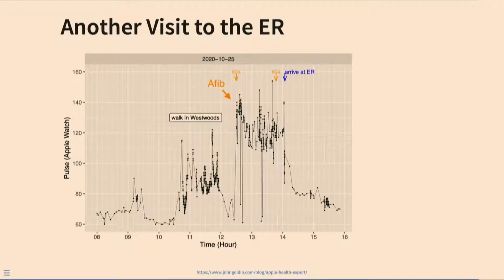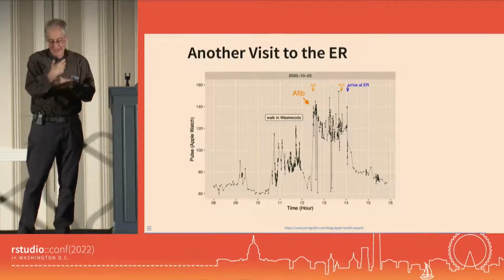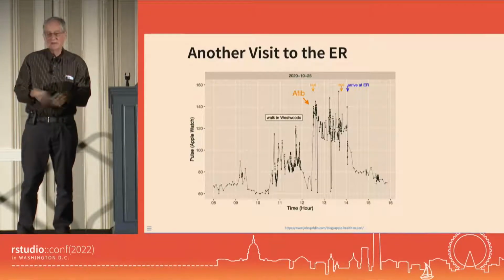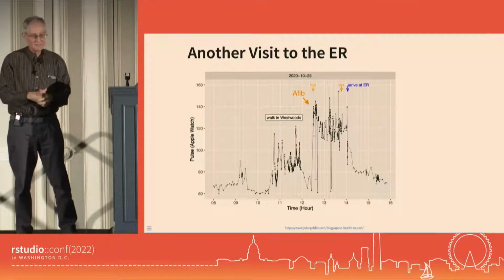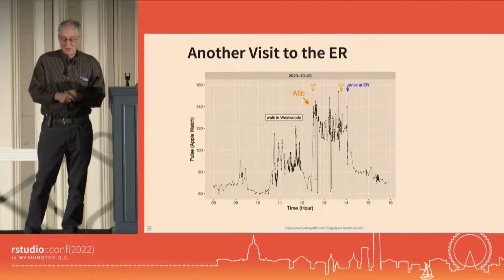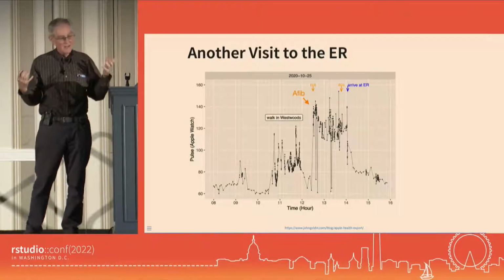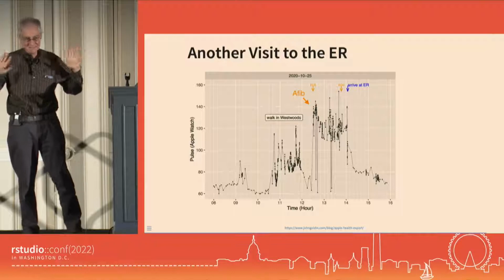So in the case of atrial fibrillation, I literally used the same function that I had written several years before for the first plot. In this case, I have all the raw data from the atrial fibrillation episode, which actually starts about 12:30. What happened during the day was I was having a normal day. I went out for exercise in the morning. My heart rate slightly elevated, all perfectly normal. Sit down for lunch. Partway through lunch, I felt funny, checked, and realized something is going on. So I have the raw data for the atrial fibrillation, but I don't have the expertise to do anything with that. That's just beyond me.